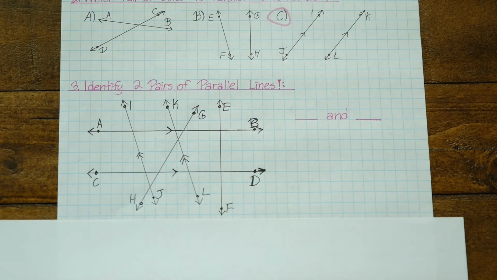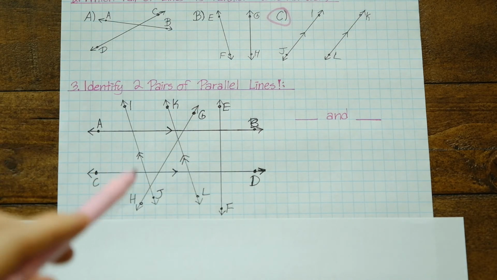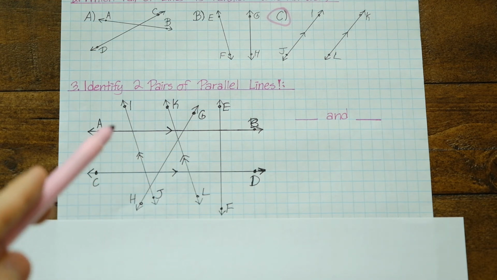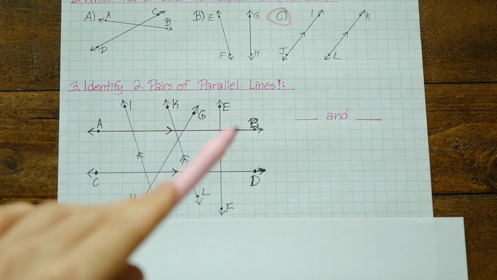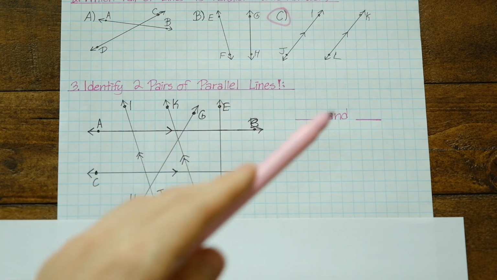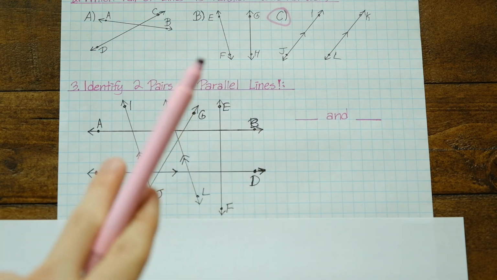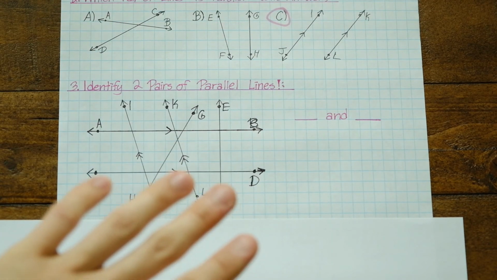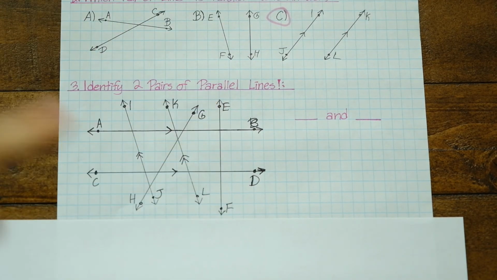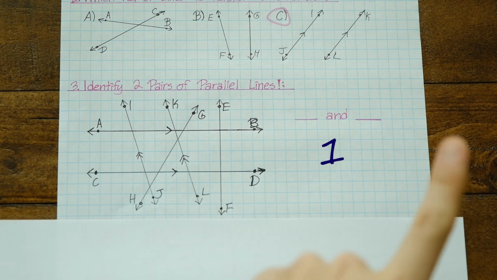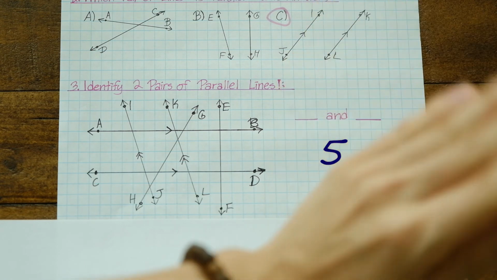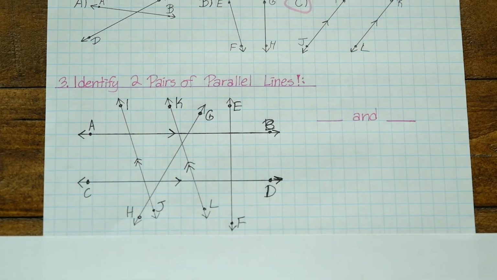So the final question is, it may look a little bit intimidating, but I promise it's a lot easier than you think. The question is, identify two pairs of parallel lines. There's two answers. There's two pairs of parallel lines. So I will give you guys 5 seconds to figure this out. Pause the video if you need more time. Done. So the answer was